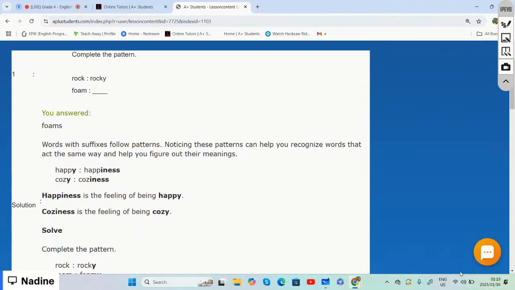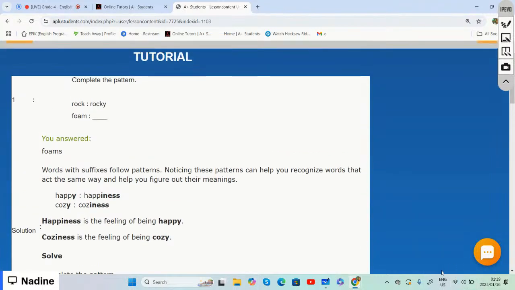All right. So remember when it comes to the word pattern,